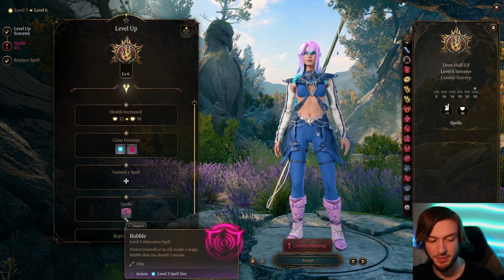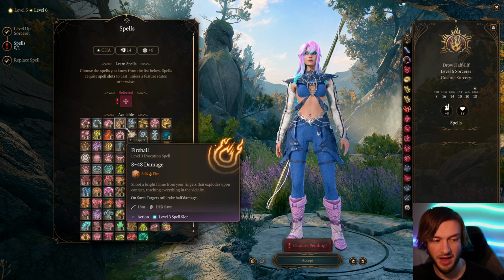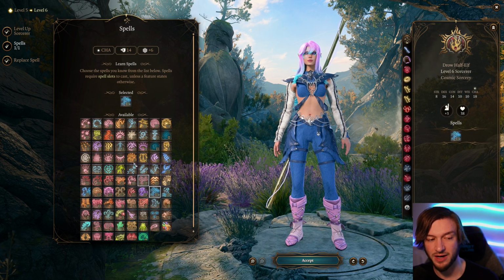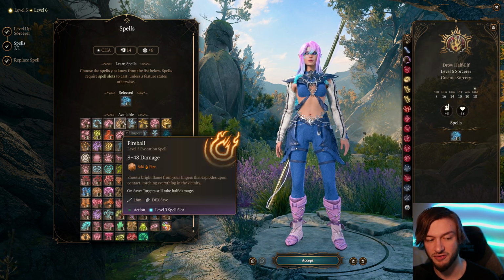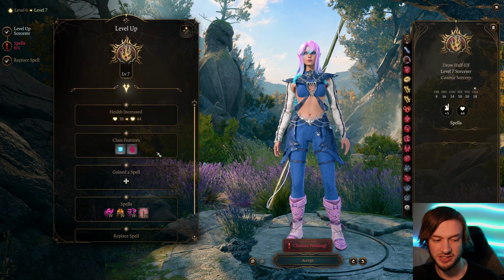At level 6, we get the Bubble, which can absorb 5 attacks from a target, which is huge. And then for our next leveled spell, I'm a big fan of just taking Fireball. This is just super effective. But if you have Mistress Spells, Tidal Wave is actually going to be our most effective spell, and we get a different version of Fireball later on, so it's probably best to take this as it just gives you better options,